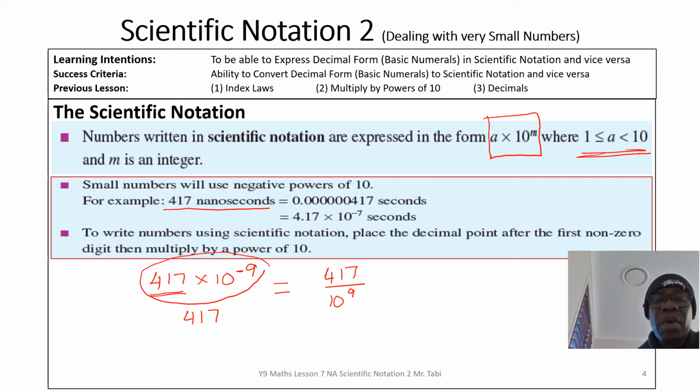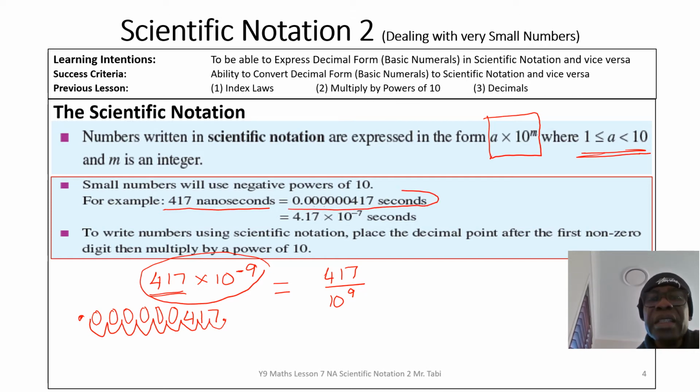So 417, the point is here. So 1, 2, 3, 4, 5, 6, 7, 8, 9. So the point is now here. So I add a 0, a 0, a 0, a 0, a 0, and a 0. 1, 2, 3, 4, 5, 6 zeros, 417, and that's why it's written like that. So 417 nanoseconds is the same as 0 point with those 6 zeros, 417